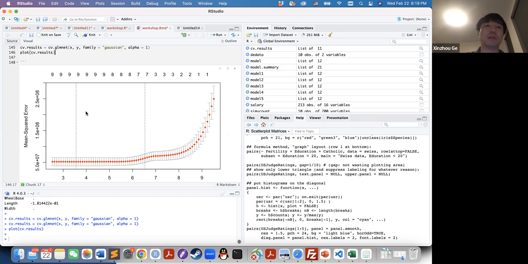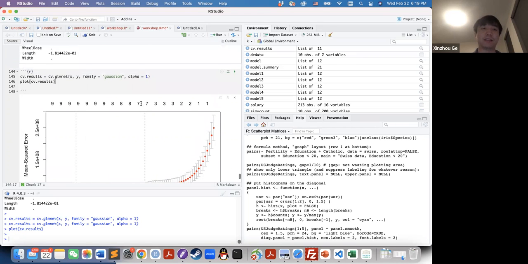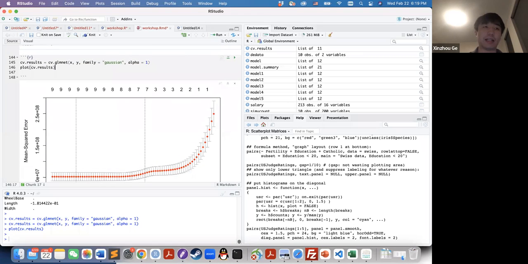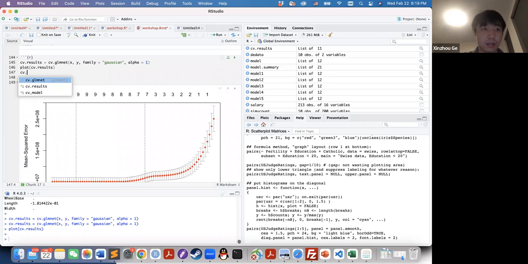But if you only want to minimize the mean square error from cross validation, you can use the first line. Both are widely used in different analyses. So you can use either in your own analysis to select the best lambda. And you can get the value of these two lambdas by looking at the